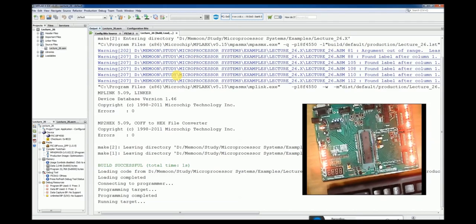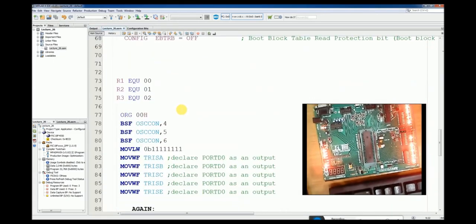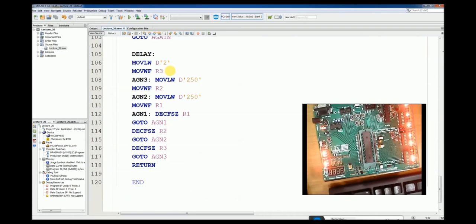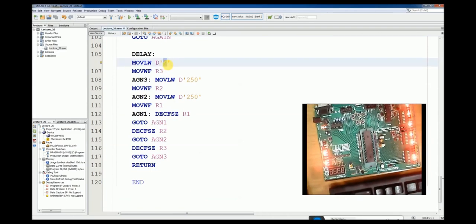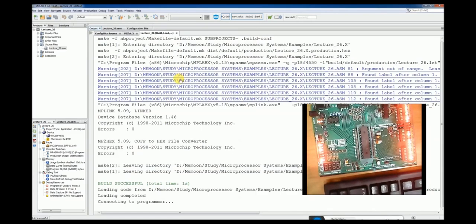So now 4 megahertz will be the crystal frequency. Now you notice that this delay right now is less than 1 second, and if we see our delay routine here, we have used a loop of 250 into 250 into 2. If we use a loop of 250 into 250 into 3, that will roughly give us a delay of 1 second.